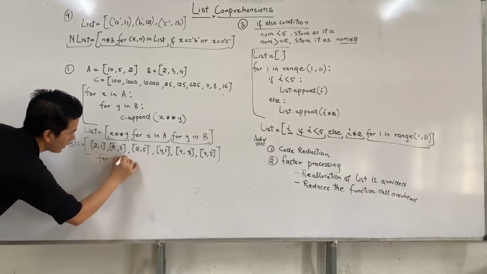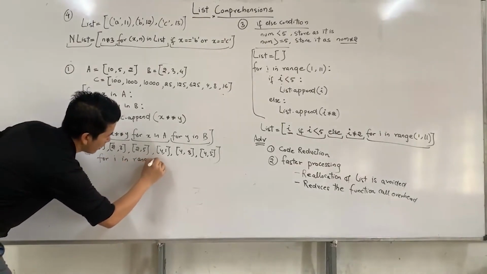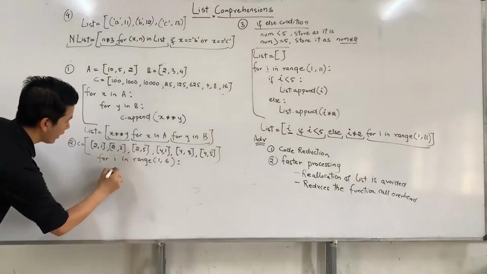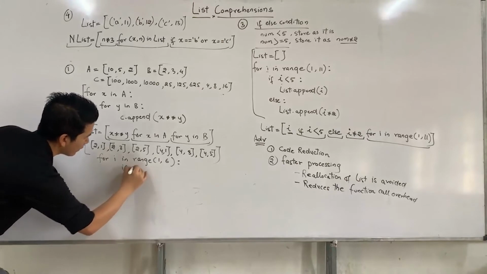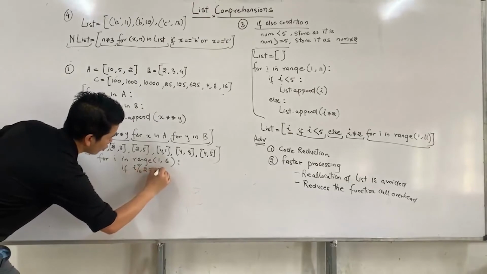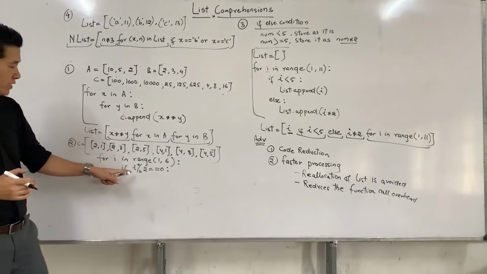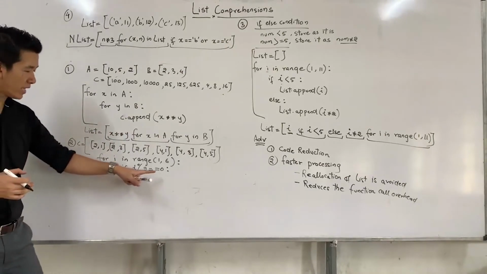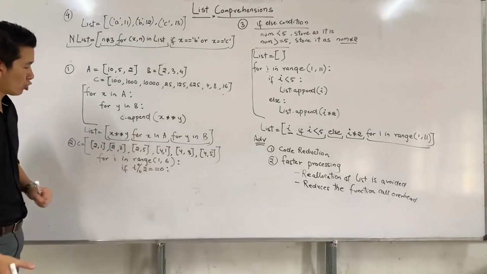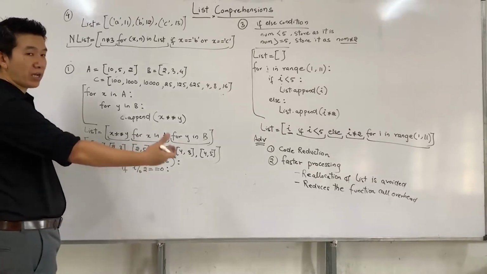For i in range, and then I'll just write 1, 6. Okay, these are nothing new. And then I check this condition. If the value of i modulus 2 is equal to 0, only then I need to proceed further. If the first number doesn't satisfy this condition, then you're not supposed to go further, because that means that number is not even, right? So when a number is divisible by 2, and if the remainder comes out to 0,